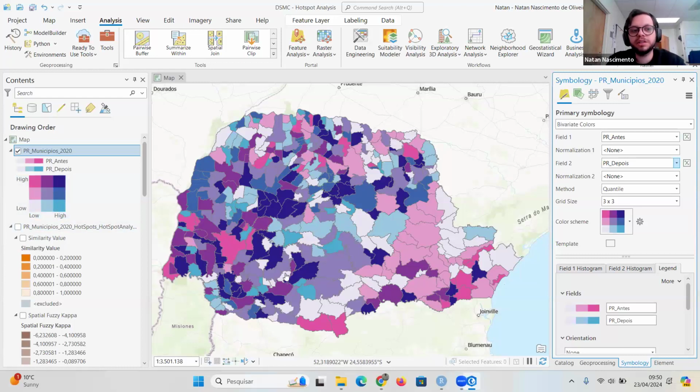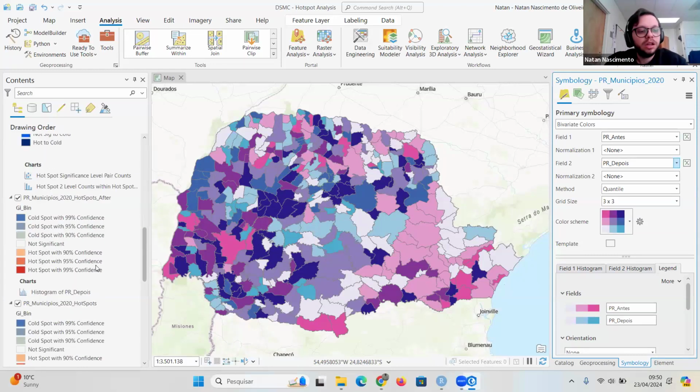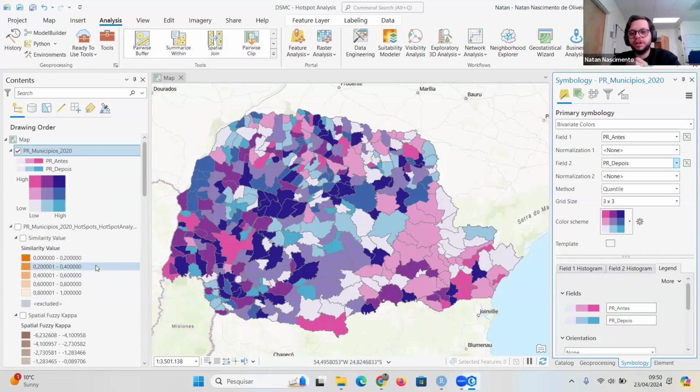So this is a function that is very useful when you try to compare those two timestamps. It gives you some more background and information on how to compare those things. So this is what I wanted to present for you today. It should be very simple, very direct and on point, just to give you a concept of spatial analysis, some hotspots, what it is useful for. Of course, you don't need to use it for different timestamps. You can use it just for one